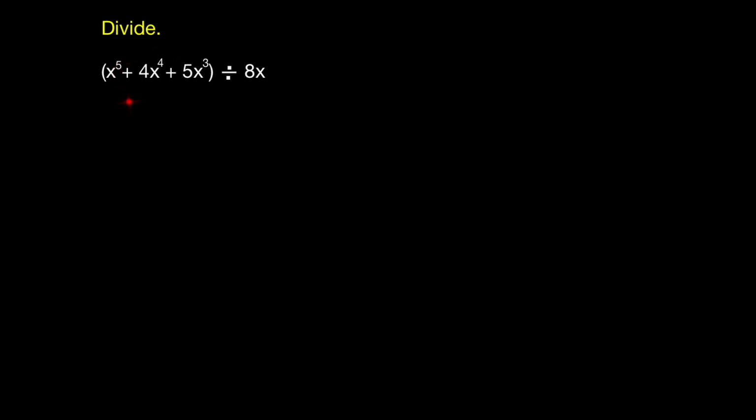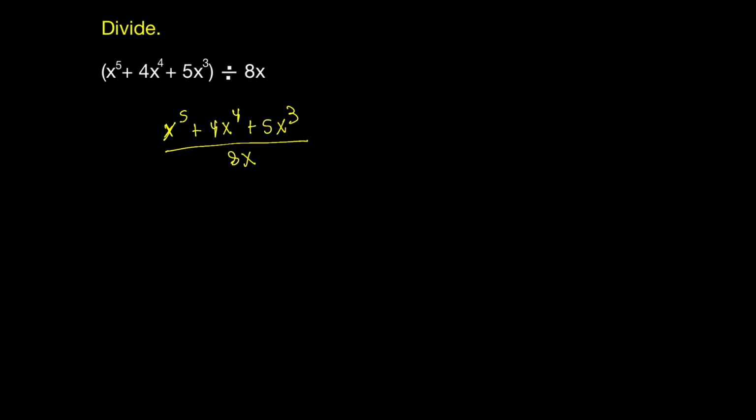Okay, here we have a polynomial and we're going to be dividing it by a monomial. Now I want to remind you that whenever you add and subtract fractions, you're going to need a common denominator. So I'm going to rewrite this expression using the following notation. I'm going to get x to the fifth plus 4x to the fourth plus 5x to the third all over 8x. And because whenever you add or subtract fractions, you're going to need a common denominator, I can rewrite this